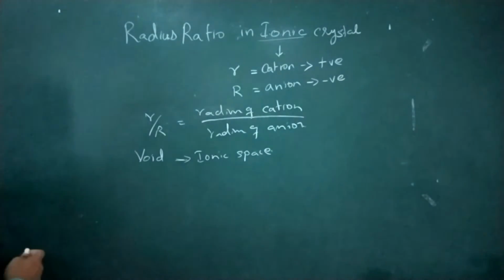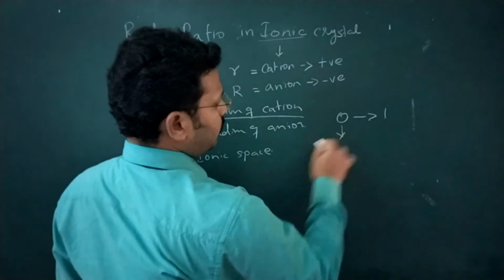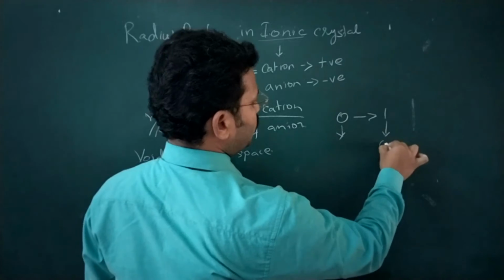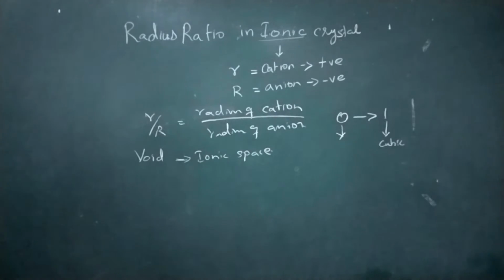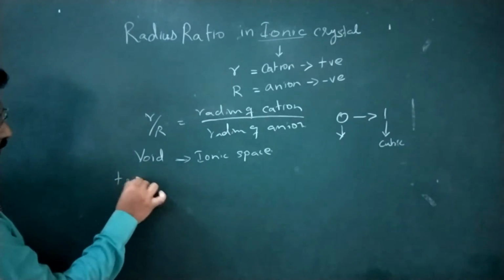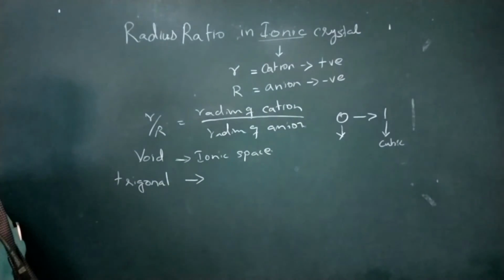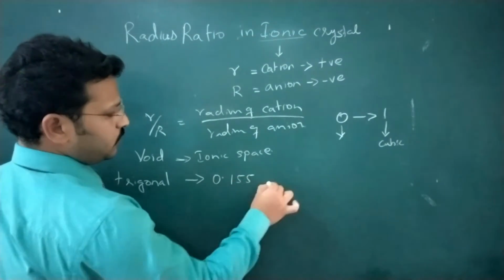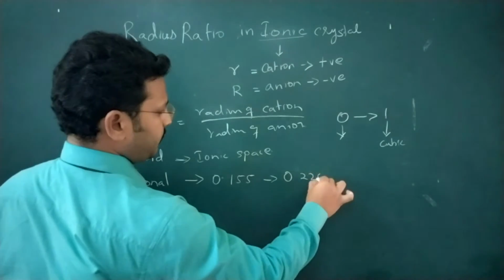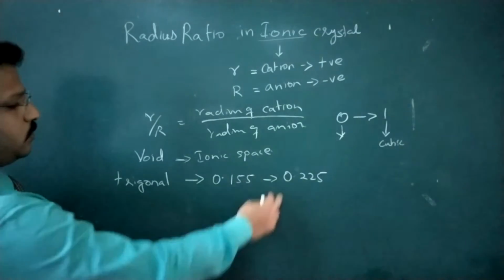First we will consider the radius ratio. The radius ratio ranges between 0 and 1. If it is 0, no voids will be there, and if it is 1, we will have a cubic void. The ranges of the radius ratio between 0 and 1 give a clear idea about what type of voids will be there. The first type is the trigonal void. For the trigonal void, the radius ratio, that is the radius of the cation by the radius of the anion, ranges between 0.155 to